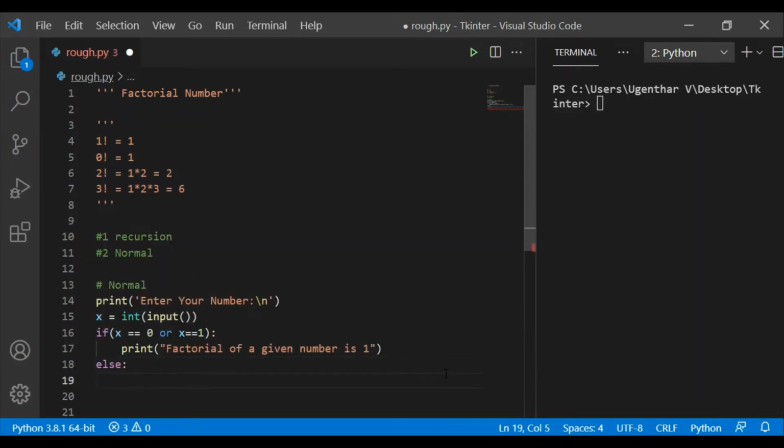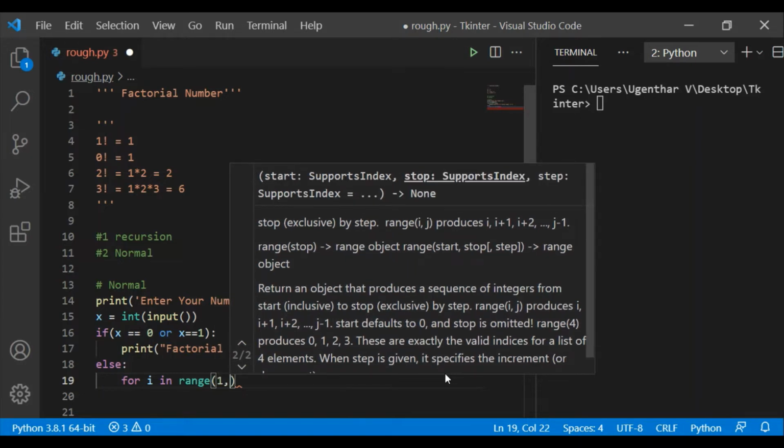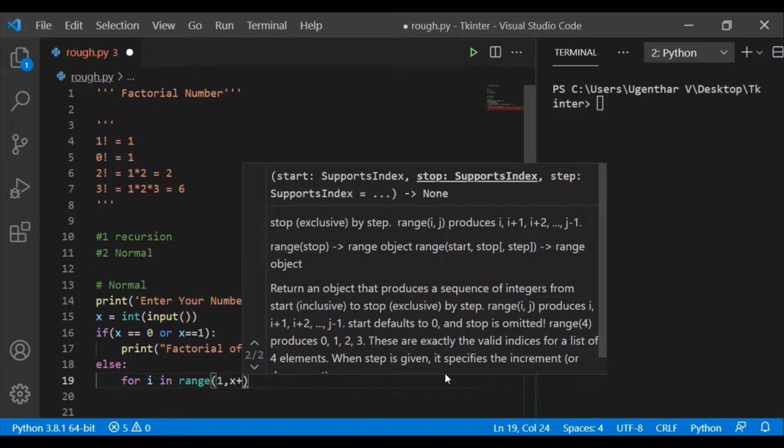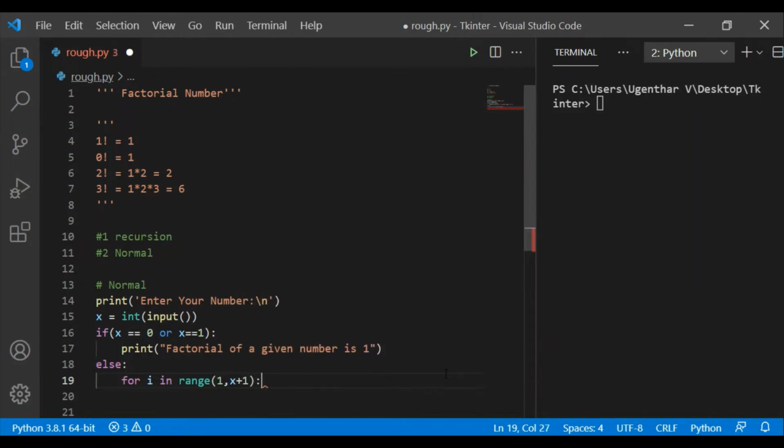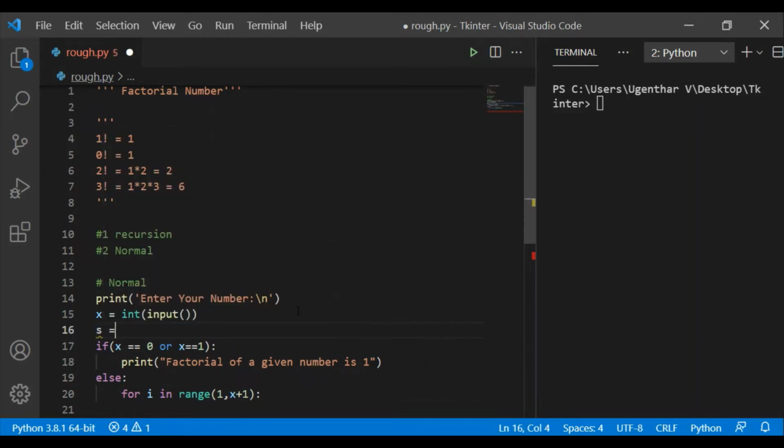I will be using a for loop: for i in range of 1 comma the input plus 1. Then I'm using s equal to 1.